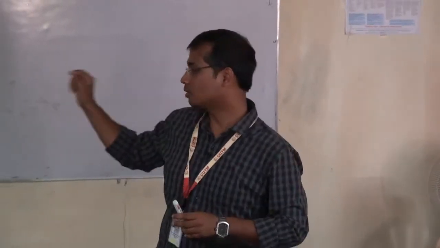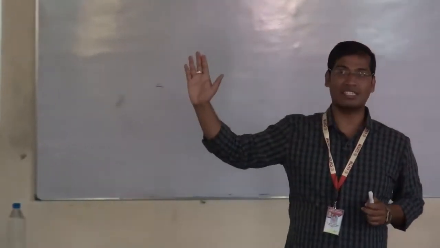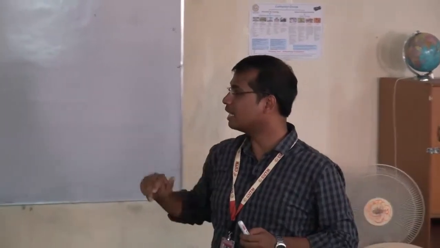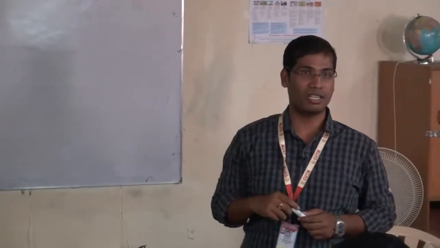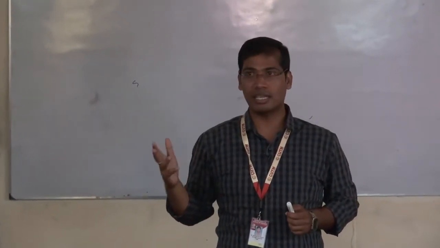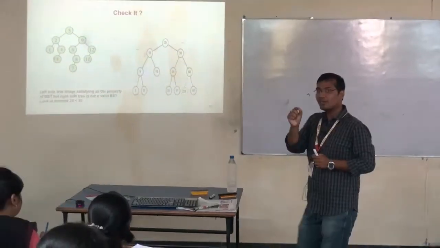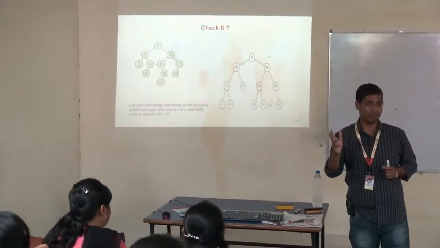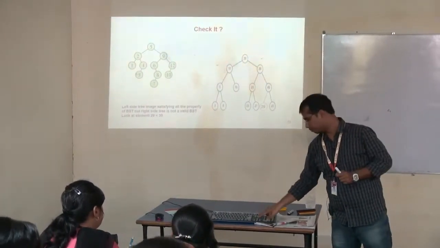So is this a binary search tree? No. So the conclusion is the left side image is a binary search tree because it is obeying all the properties of BST. But in the right side image, look at the element 29. 29 is less than 30, which is not allowed. So now if I give you a tree, you can identify whether it is BST or not. You have to check each and every node. Don't skip any node. It may take time, but confirm it.